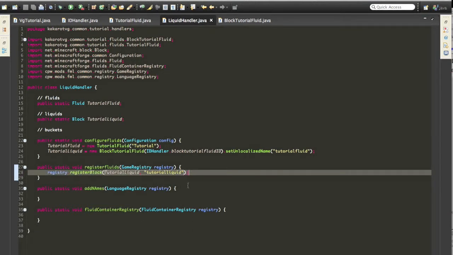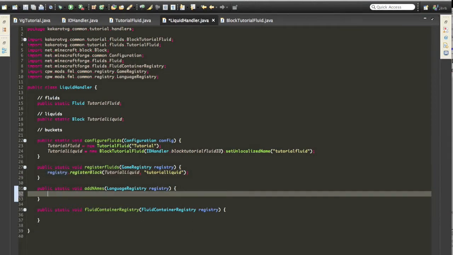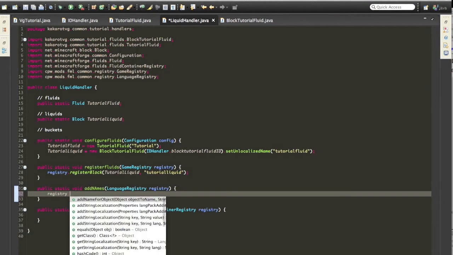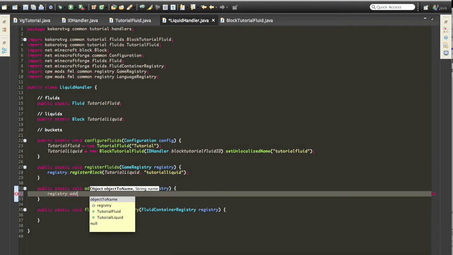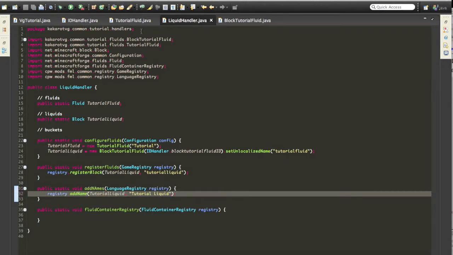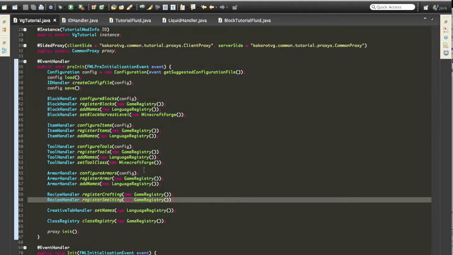Save, and then registry dot add name tutorial liquid, name tutorial liquid. That's saved. Now DT tutorial